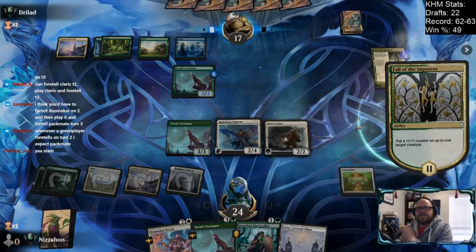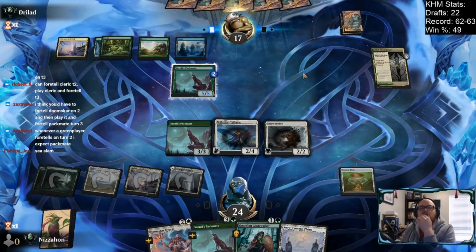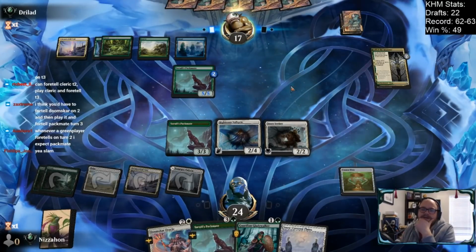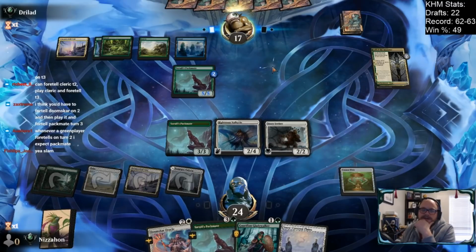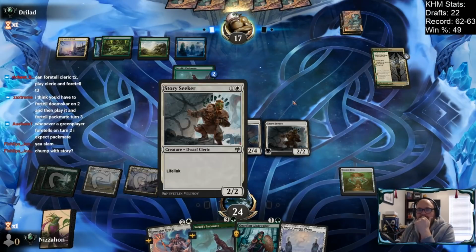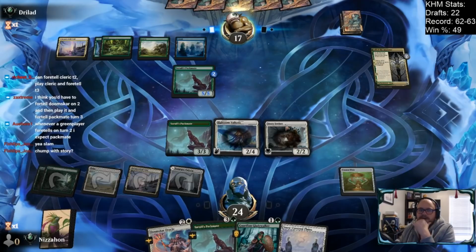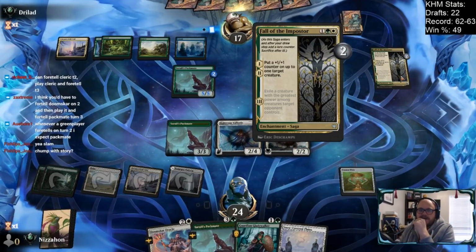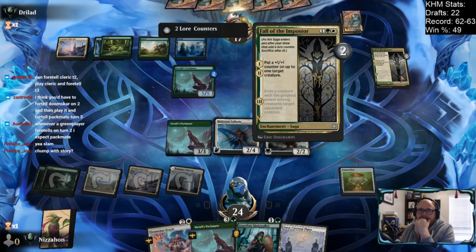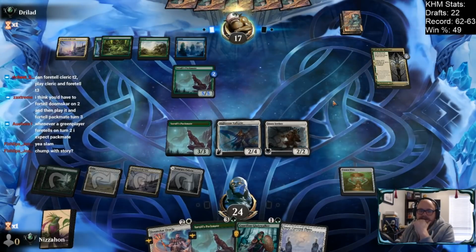And draw a card. So, that was pretty good. That Packmate is jacked, unfortunately. Yeah, I'll probably chump with Story Seeker. There might be an argument to be made for chumping with Packmate because life gain matters over here, but we kind of want this to not kill our Righteous Valkyrie if we can help it, so...